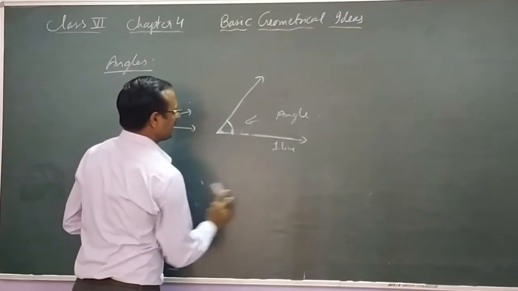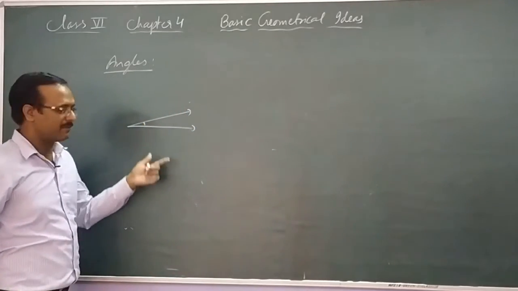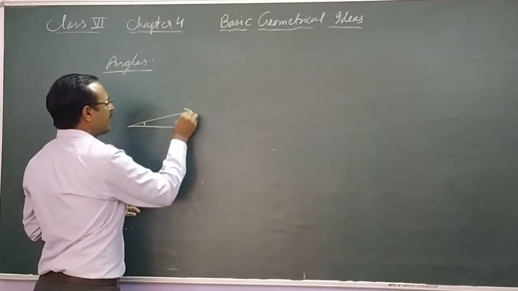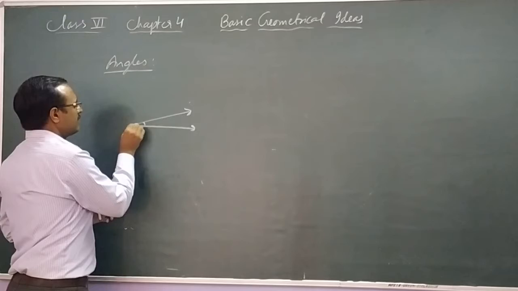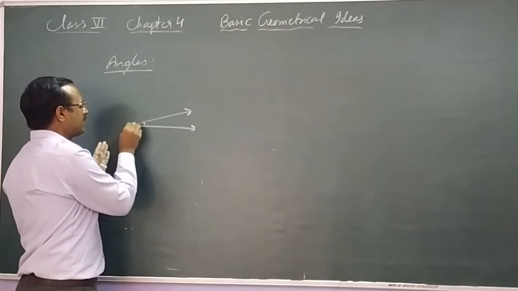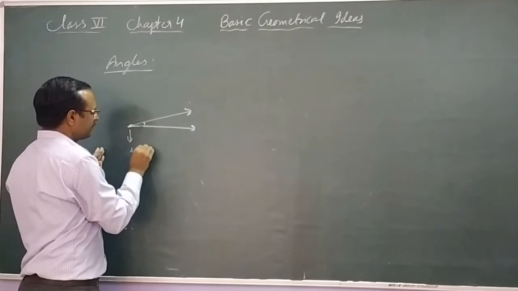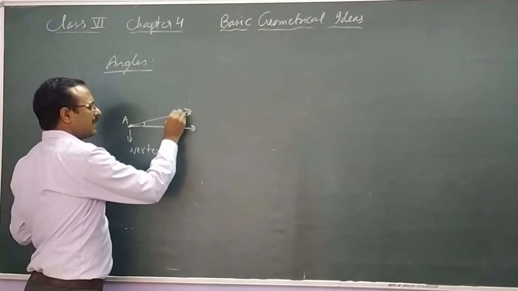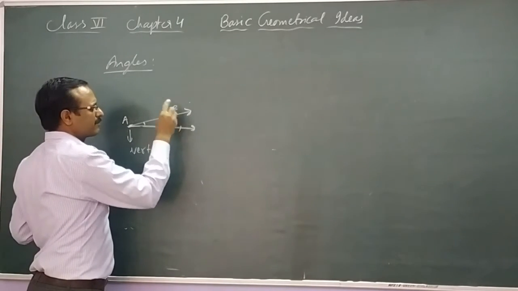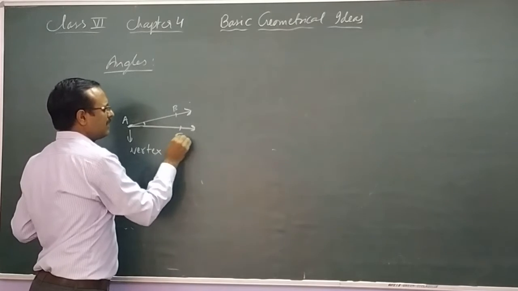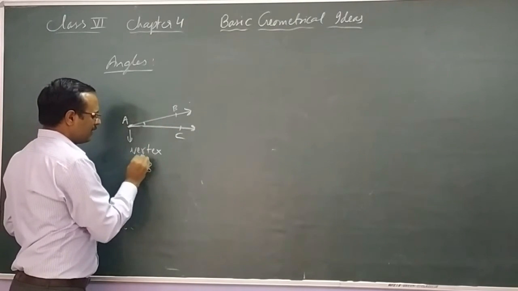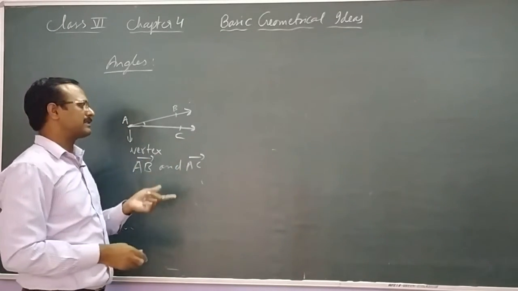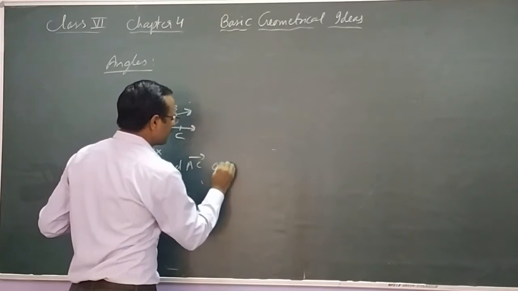Now you can see the angles are made up of, whenever we construct a diagram on plain paper, two rays. They are starting from a common point, that point is called the vertex. So suppose it is A, and we can name the rays like this. You can put a second point anywhere, and so you can say AB and AC are the rays, or you can say arms. They are also called arms of the